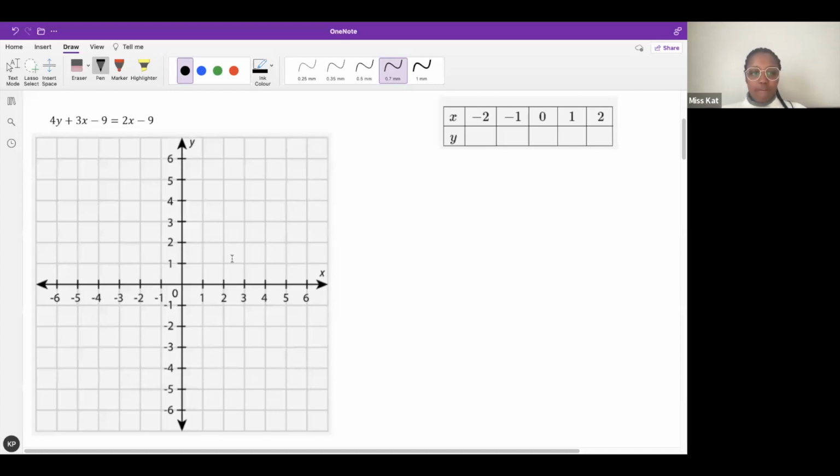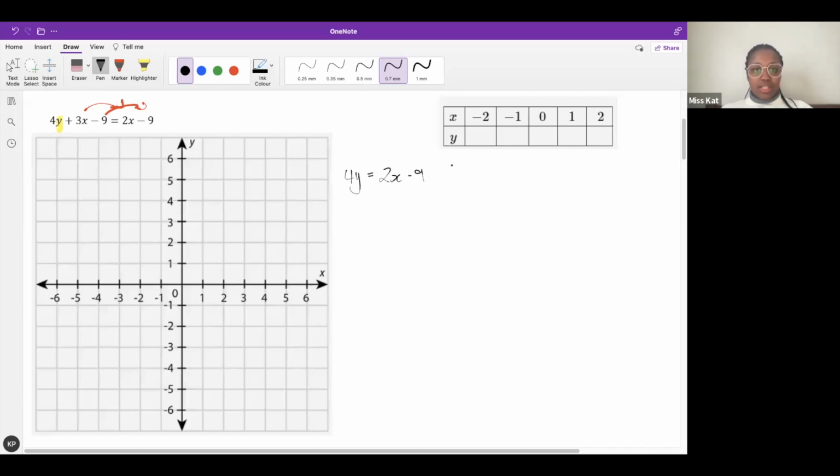Okay, so what was the first step? We had to put this in standard form. So let's remind ourselves, standard form means that we want this y to be on its own. So we have to get rid of everything around the y. So we started off by taking 3x over, and negative 9x over. Okay, so then we're going to be left with 4y equals 2x minus 9. When 3x goes over, tell me, guys, what does it become? If it was positive, then 3x becomes,